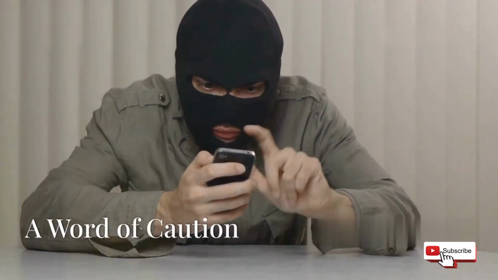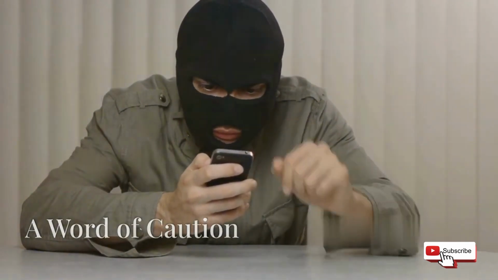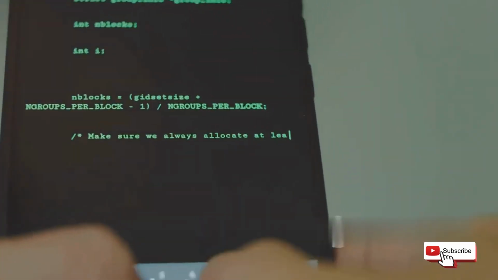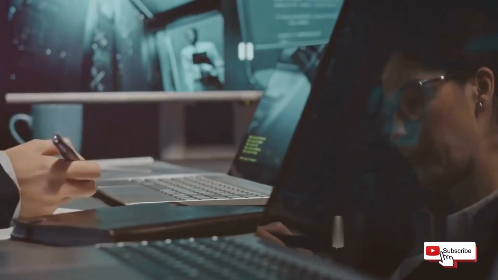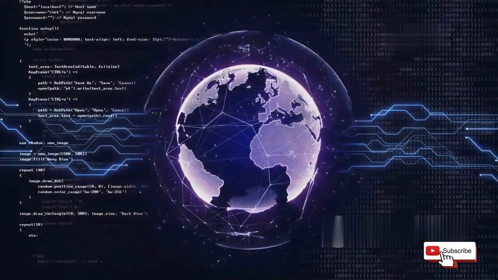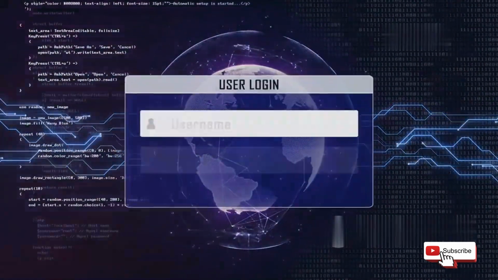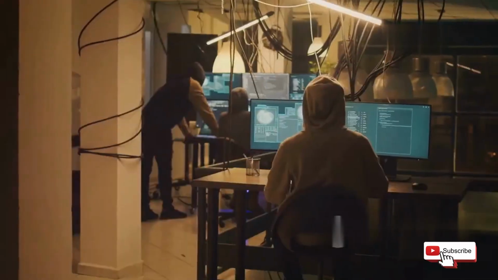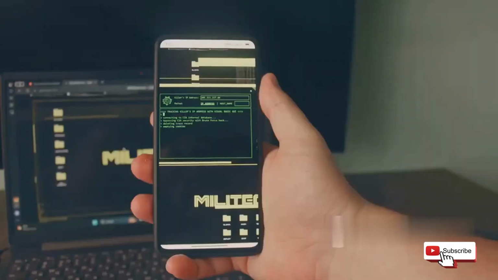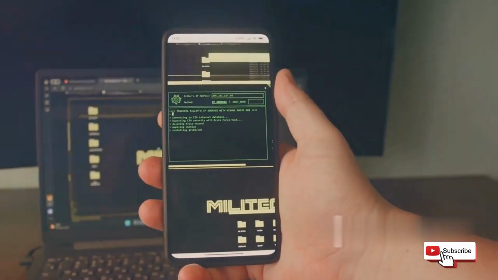The information presented here is for educational purposes only. It is intended to raise awareness about the potential threats to smartphone security and provide guidance on how to mitigate those threats. This information is not intended to be used for illegal or unethical activities. Unauthorized access to someone else's smartphone is a crime in many jurisdictions. Please use this information responsibly and ethically.